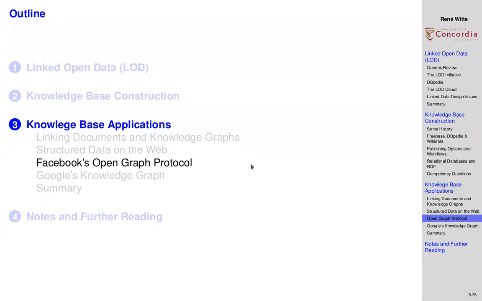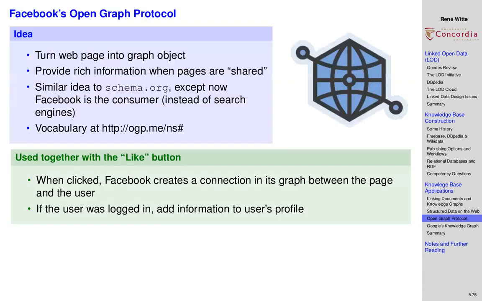Hello again. So we are getting close to the end. I just want to show you one more example, and the last one is just another video for you to watch. So another application is one that you use all the time, even if you didn't know it, which is